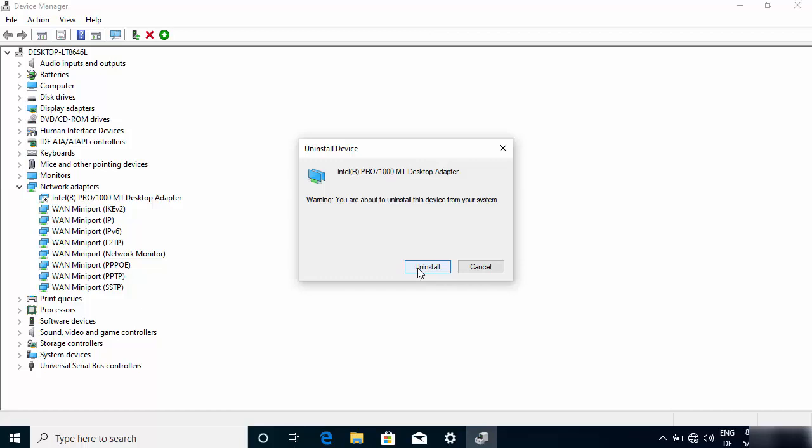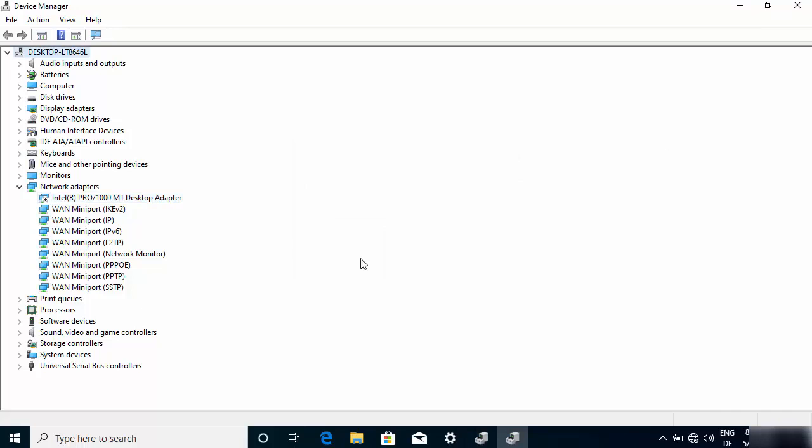And when you restart your Windows 10 operating system once again, this driver will be automatically installed after the restart of your Windows 10 operating system. So you don't need to worry that you are going to lose this driver. When you just restart your Windows 10 operating system, this is going to be installed, and this might also help in solving your internet and Wi-Fi problems. So try to uninstall this and restart your Windows 10 operating system and see if your problem is solved. And if your problem is solved, then it's okay. Otherwise, we can move to the next solution.